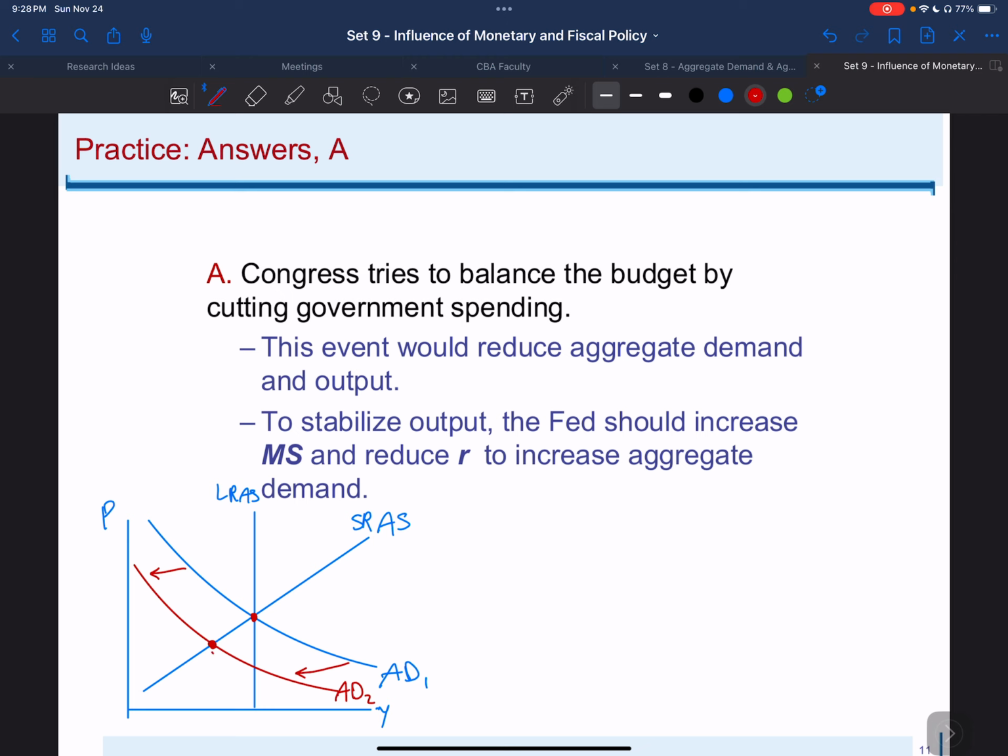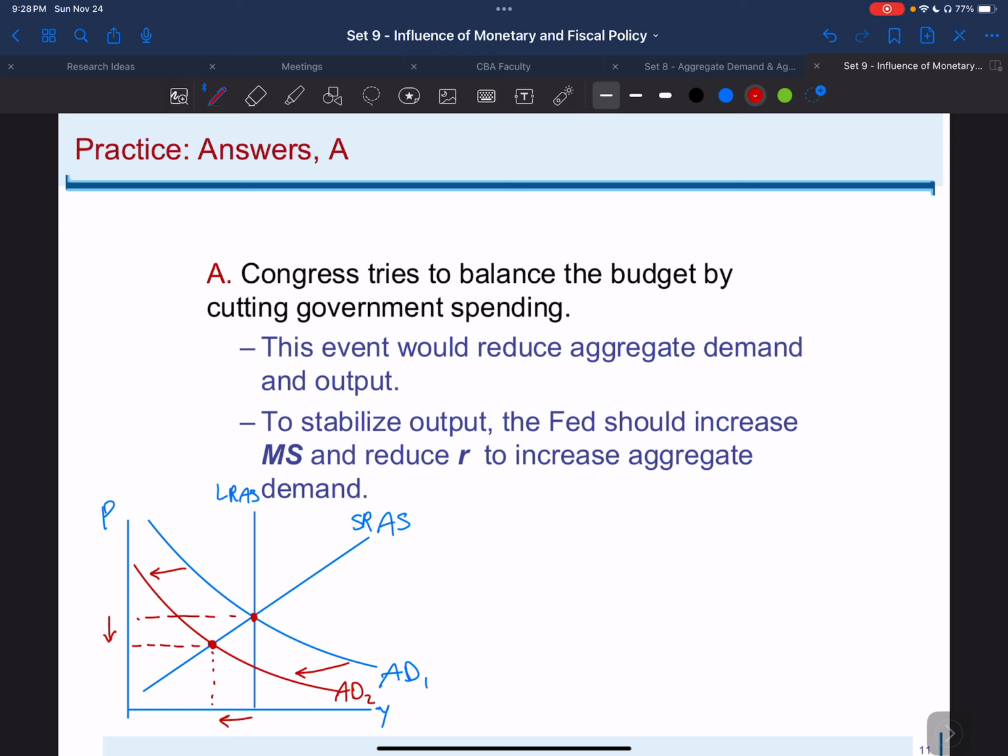So comparing this point with the initial amount, you see that it is decreasing the output and is decreasing the level of the prices. But this is just a short time, and the economy needs